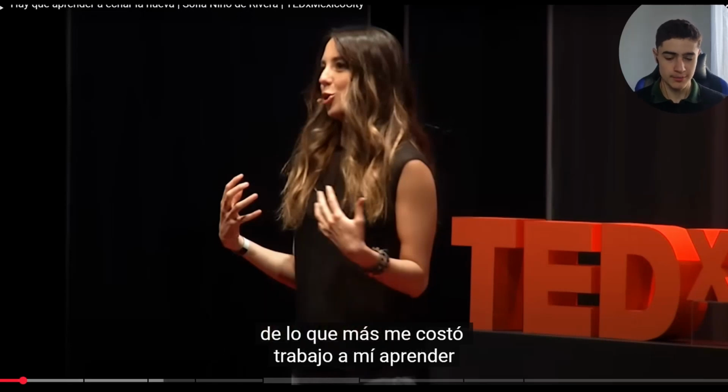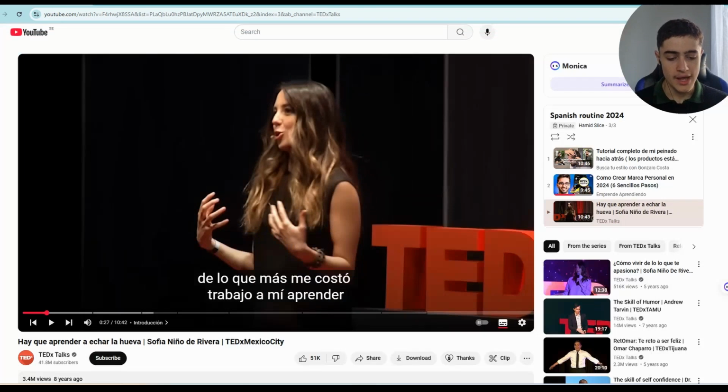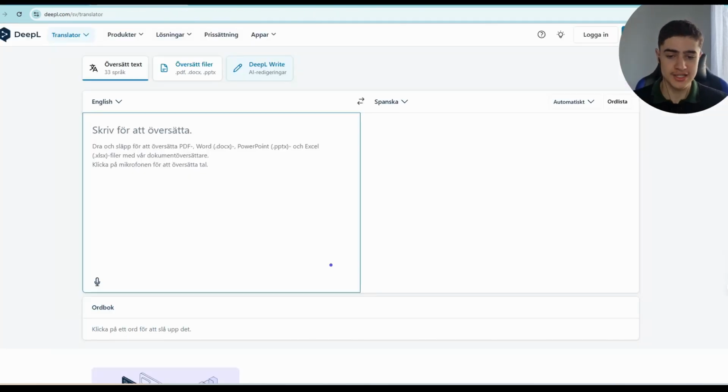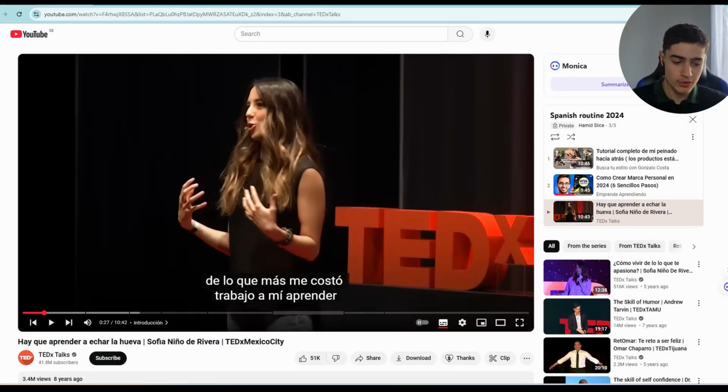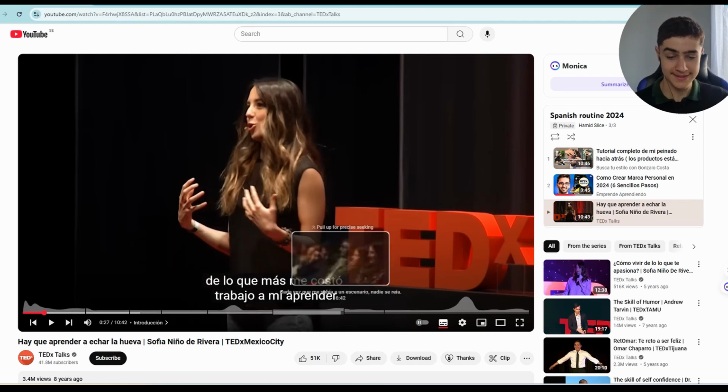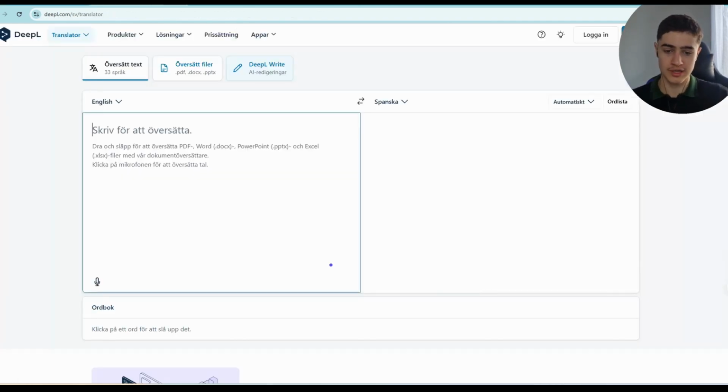This is another thing that might be confusing in Spanish to understand. Anytime we understand this, all you want to do is essentially translate it and then see, aha, if you want to say this sentence, you have to use this word. That's the sauce. That's like the main thing that we want to get down. So for example, in this case, right? Let's say I didn't know what that meant. Then this is what I would do.